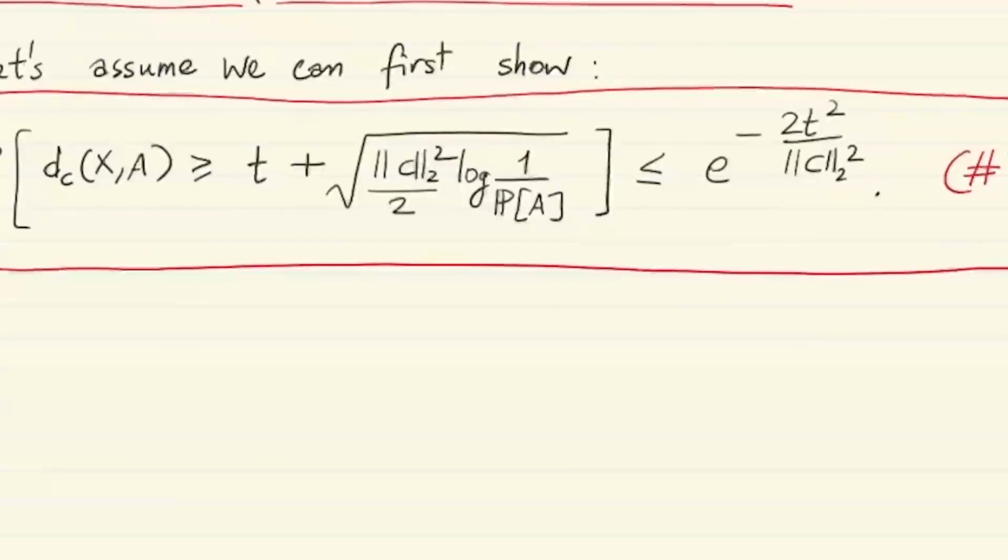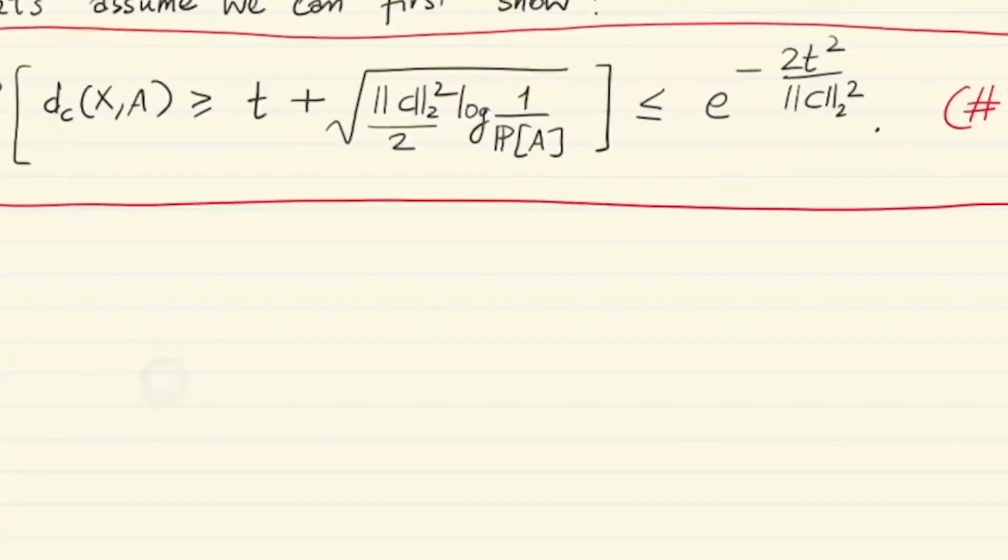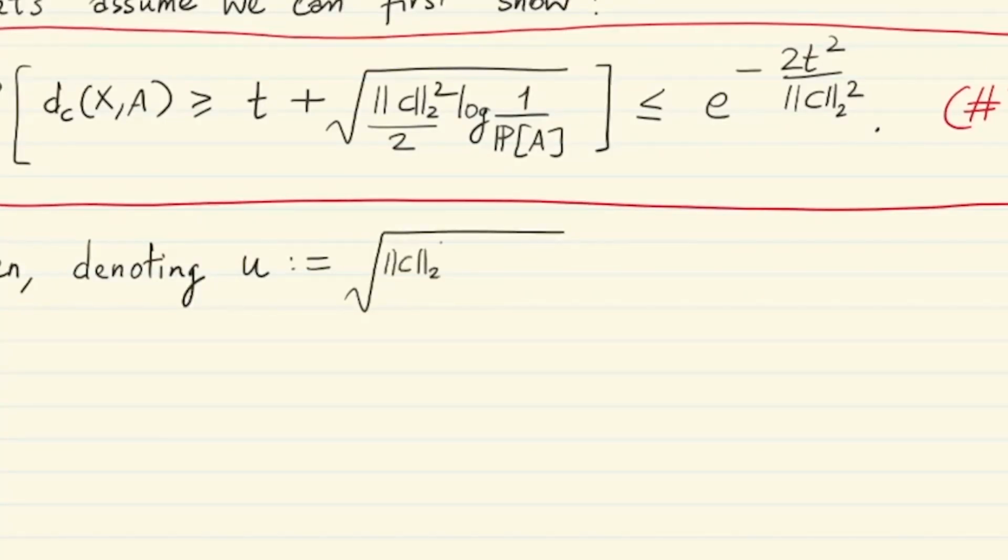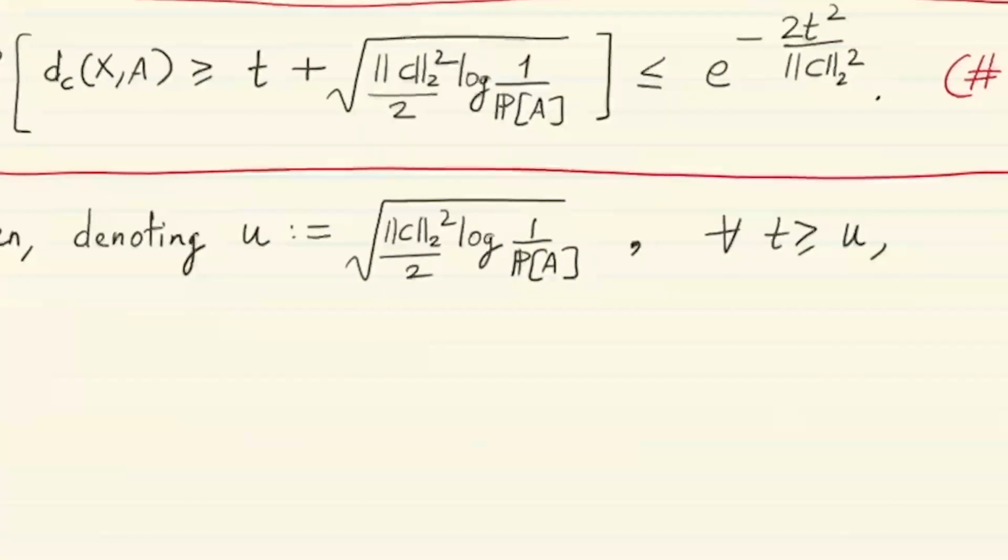Now assuming that star is proven, what we can do to complete the proof of the theorem is we first denote u by this quantity, the square root of norm c square by 2 log 1 by P(A). We have that whenever t is at least u in the above, so we can write the probability